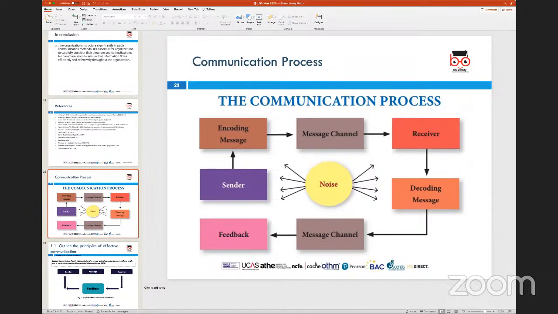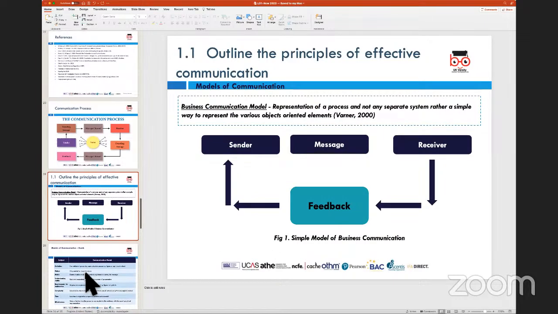Now, initially, when I started, you texted me to say that I'm not able to hear you. So that could be termed as a bit of noise. That means disturbance or some sort of a hindrance, which is actually impeding us to speak to each other using this particular software called Zoom meeting. So noise is described as hindrance or hurdles which can be experienced when this process of communication is essentially happening. So just to look at a brief idea, this tends to be how the process of communication happens.